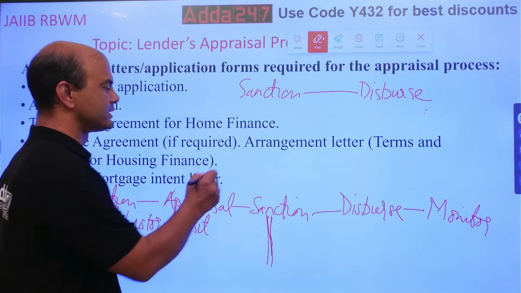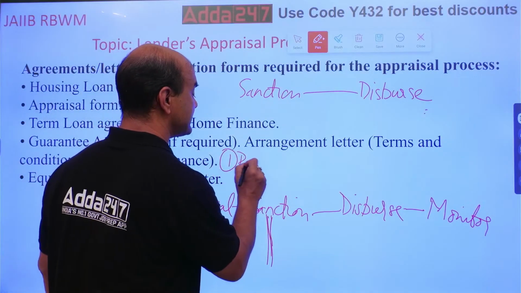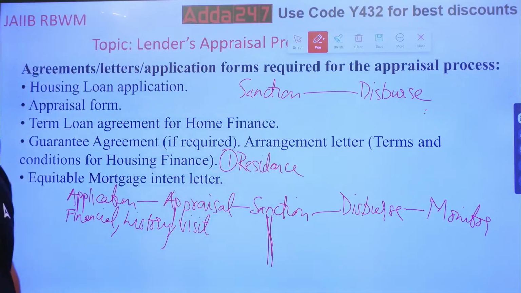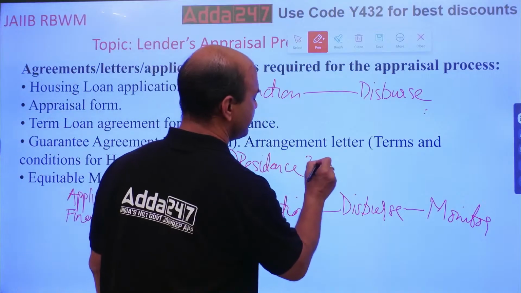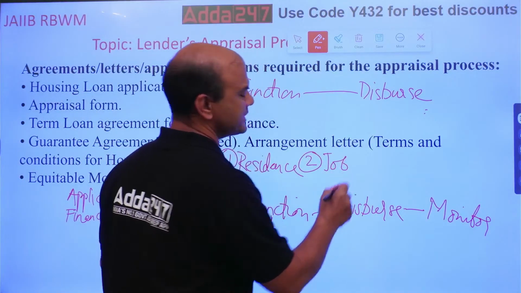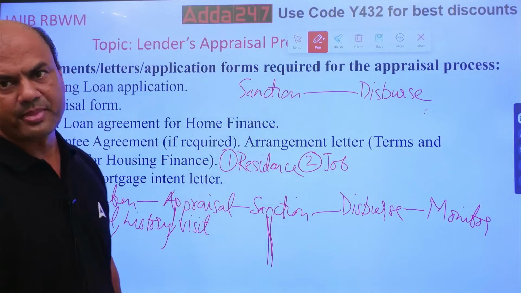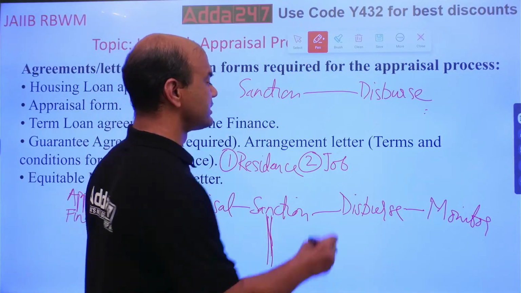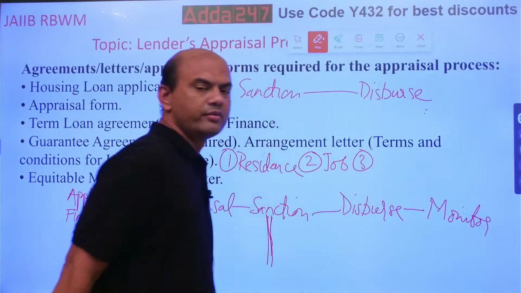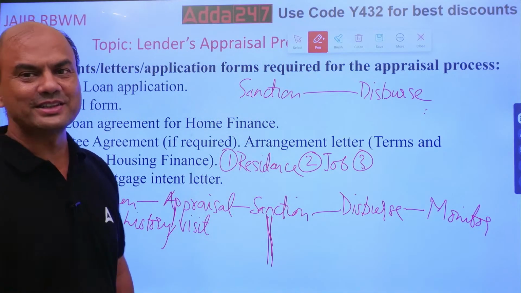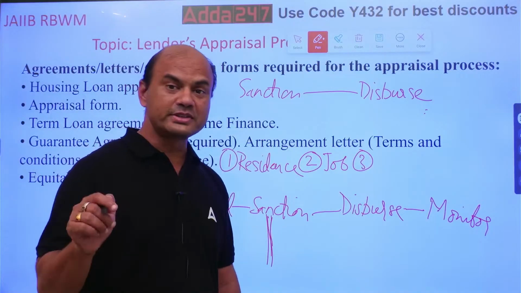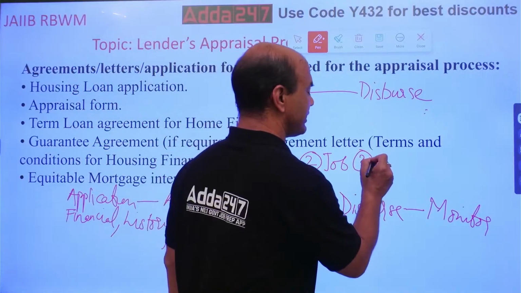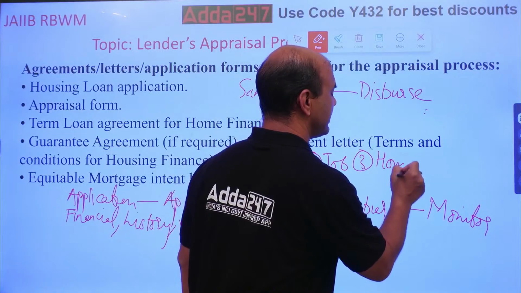Okay, let me show you. First, residence. Present residence. Right? First one. Second one, present job. Job or income, whatever it is. If it's a business person, then there's no job, so then there's a business place. You can call it anything. Third is, where's the third visit? This is very important. Third visit is at the place where the house is built. House site means home site. You can call it home site.